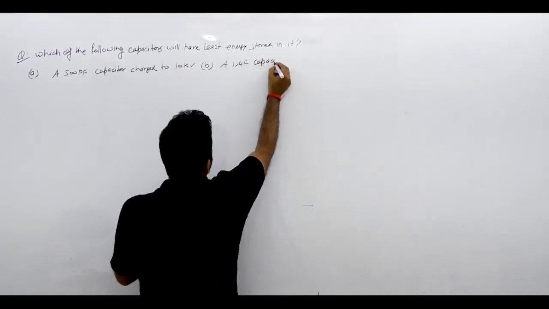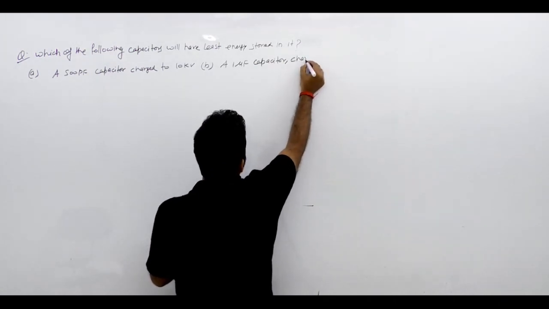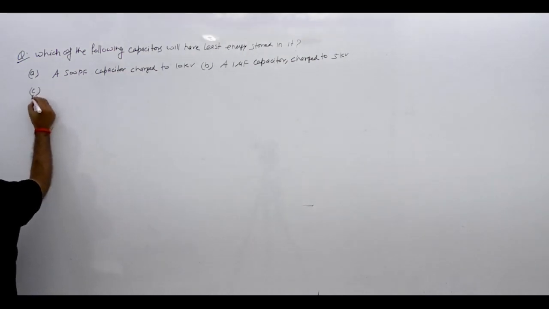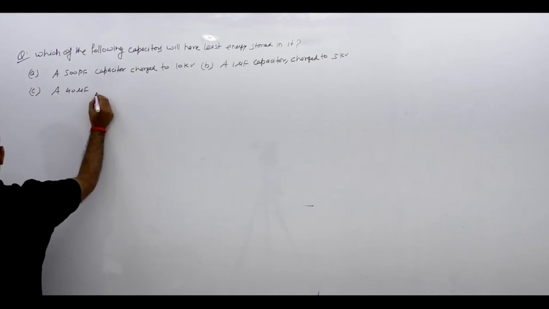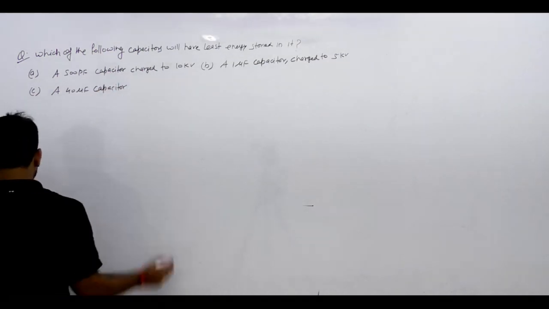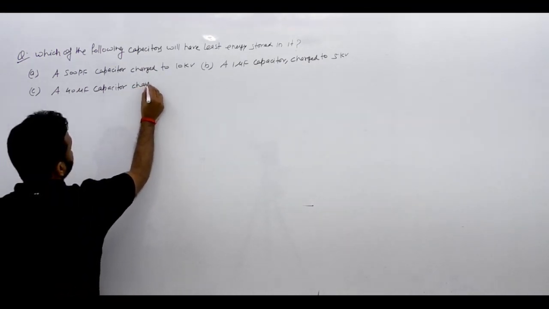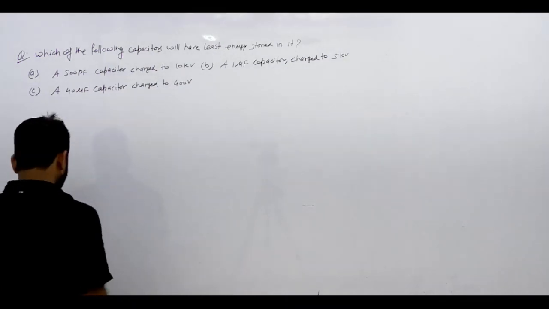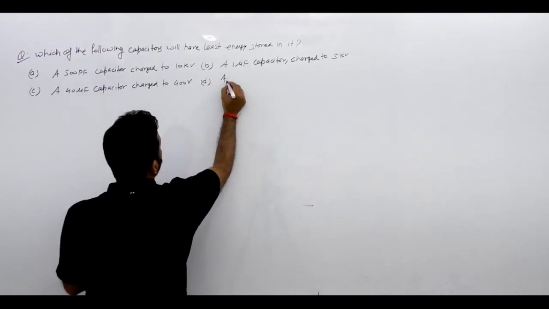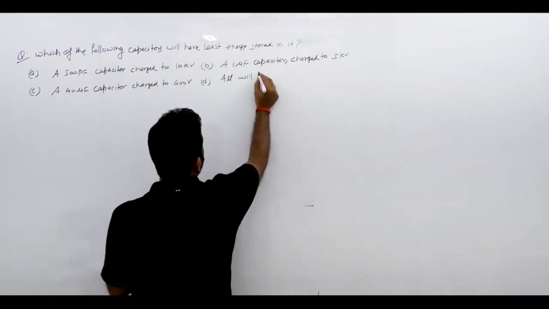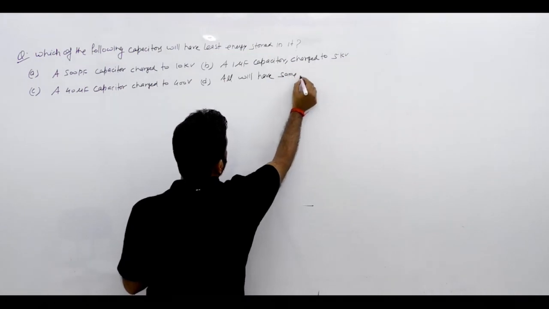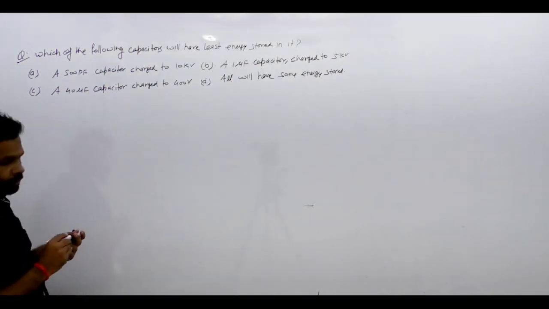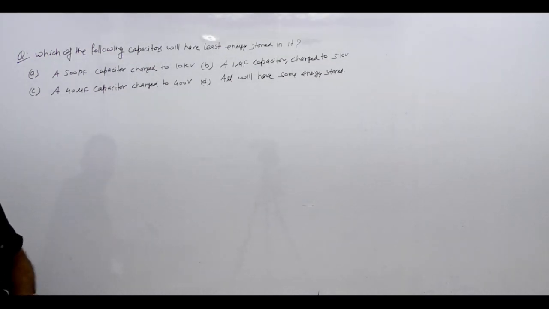अगला ऑप्शन है आपका B, 1 माइक्रोफैरड कैपेसिटर charged to how much kV? 5 kV। अगला ऑप्शन है हमारा C, 40 माइक्रोफैरड कैपेसिटर charged to 400 volt। एंड लास्ट ऑप्शन जो है all will have the same energy stored, same energy स्टोर।